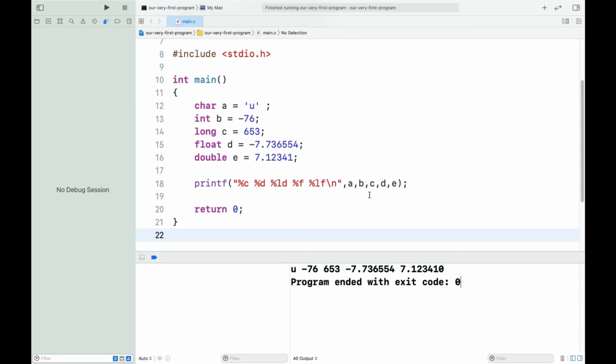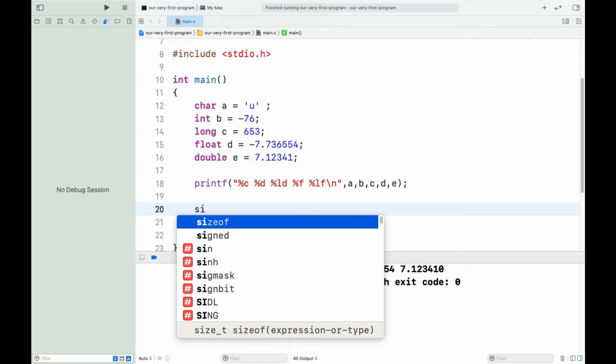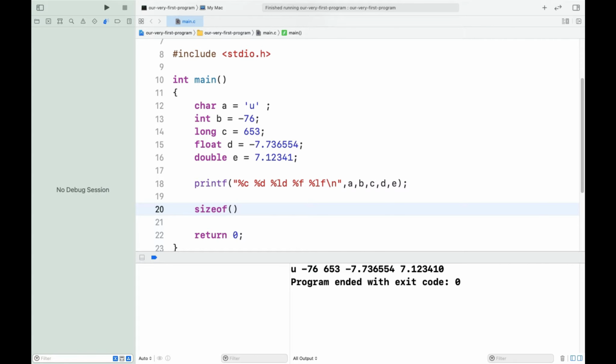So what if now I need to verify the size of these variables? For this I have a function called sizeof, and inside sizeof I need to either name the data type, I can simply write char, or I need to write the name of the variable, and it will automatically understand which type of variable it is. It will give the output as the number of bytes the variable is storing.